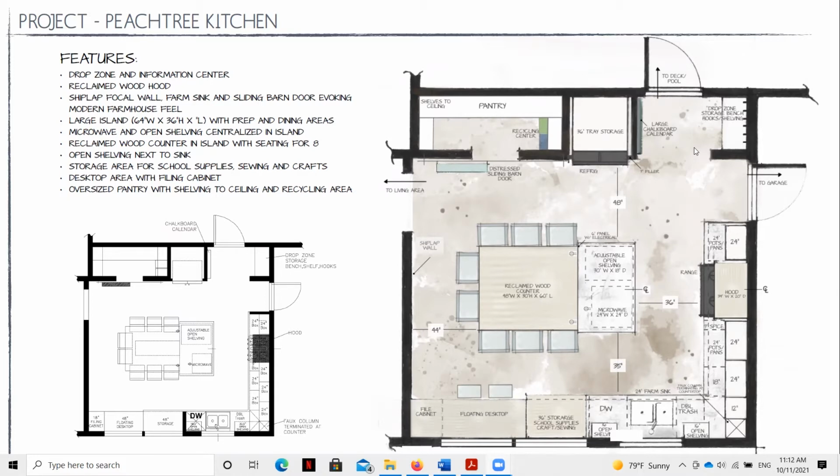Now, we're going to begin with this first project here. And this is actually not an entire design or a design for an entire residence. It's just a design for a kitchen project. And so you can see here the designer jumps right in to represent the focus area in this project by calling out the features required in this kitchen remodel and presenting a black and white floor plan on the lower left side, and then a rendered one with notes on the right hand side.